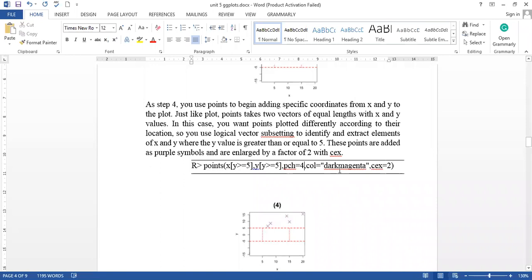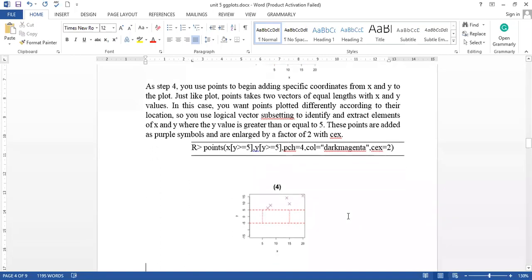As I told in the previous lecture, we have 650 different color strings that can be used. So the dark magenta color is used and cex is equal to 2. This is the expansion of your points. Now the points are not smaller, their size is now 2, so the points are more visible here. So we have found these points which are greater than the value 5.